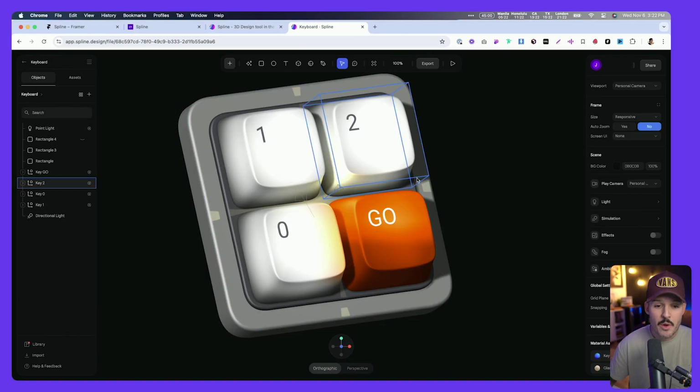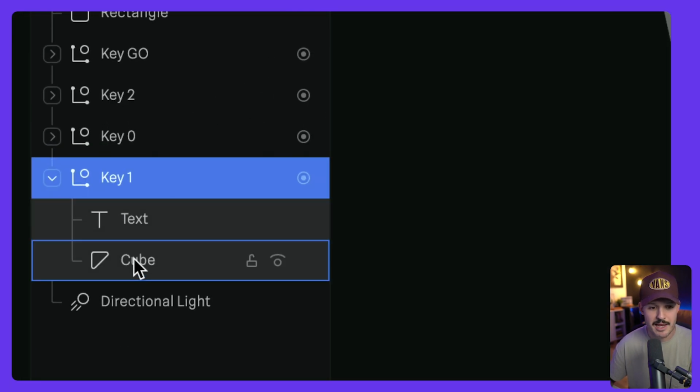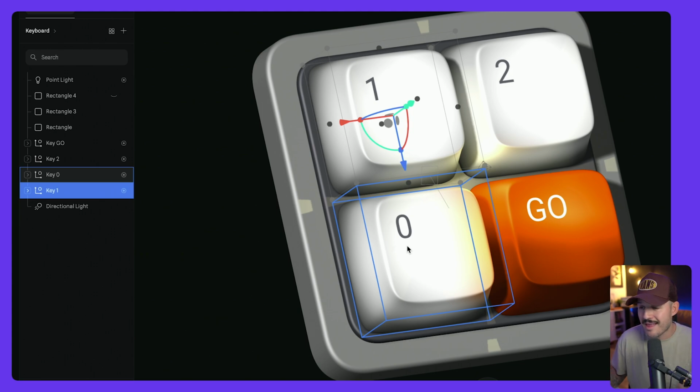Let's close that, and let's investigate a little bit on how we got there, what they did to create that interaction, and let's introduce you to something called states and events. We're not going to deep dive into it. Again, we're just going to cover it briefly, and then we're going to sample this element because it's really cool. When we go to the different keys that we have here, you'll notice that each key is grouped. It has a cube and it has a text, and they've done the work to make that look all that 3D awesomeness,